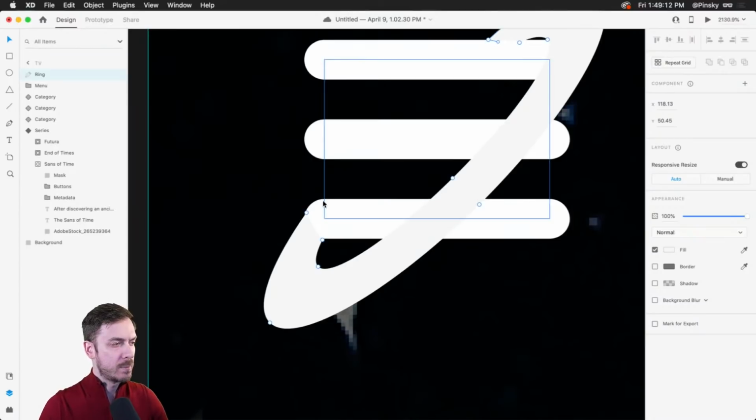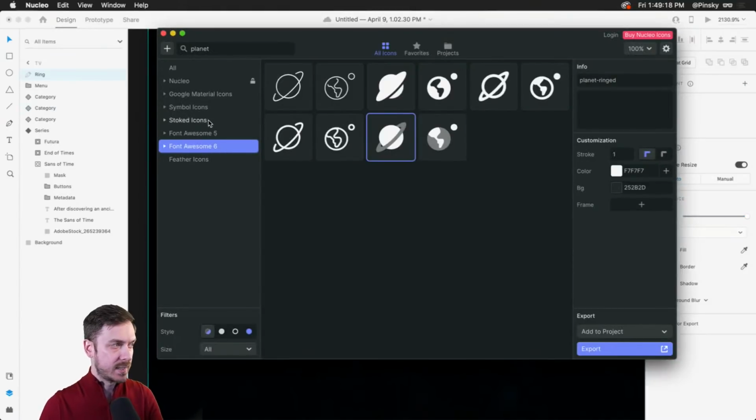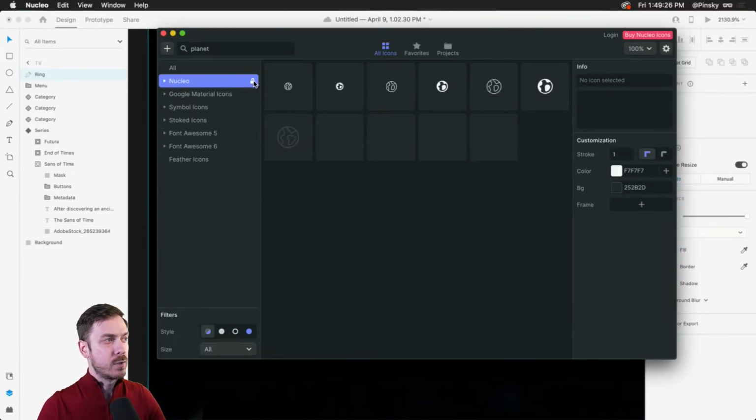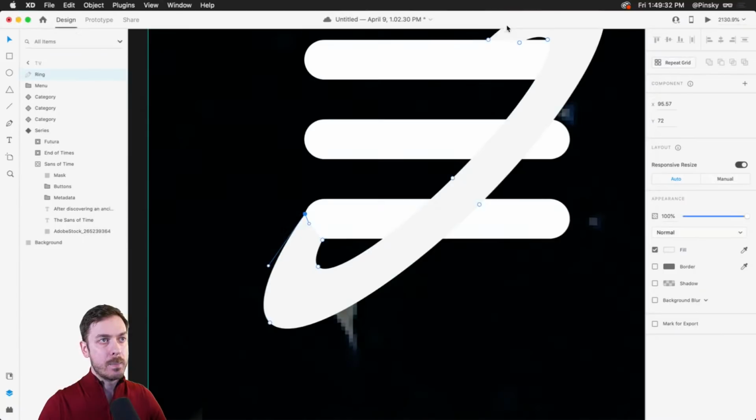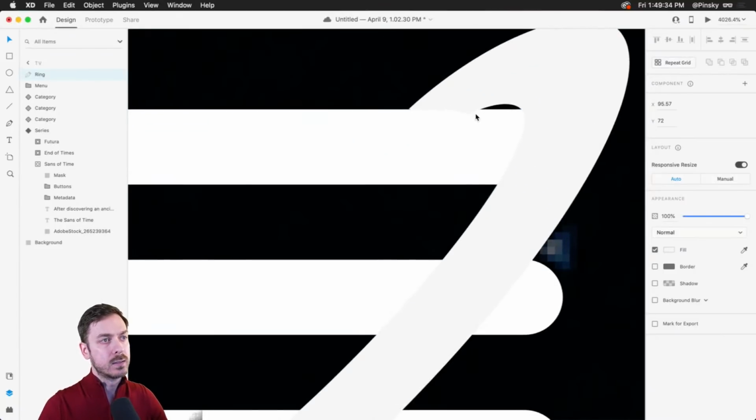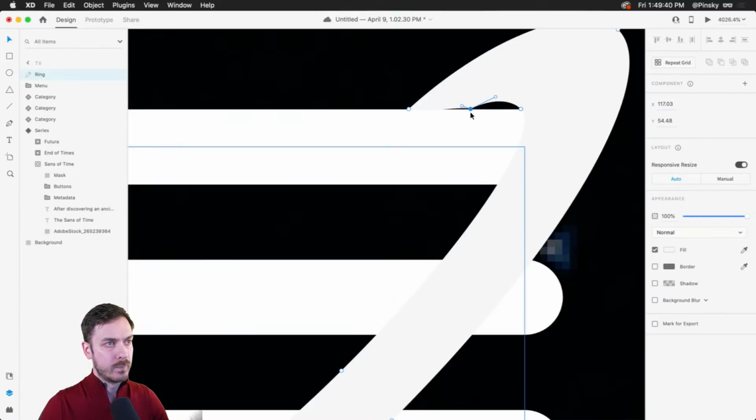What icon manager am I using? I am using Nucleo. The icon manager is free, and I do have some icon sets that I've purchased over the years or have acquired in various ways. So I have those loaded in. Nucleo does have their own icons that you can purchase. I think it's $99 possibly, but the actual icon manager is free, and this is the beta of version 3, which is kind of fancy. They've done a nice job with it.